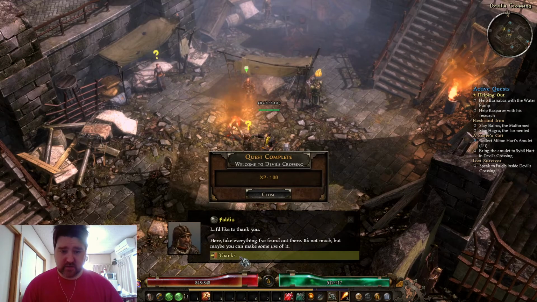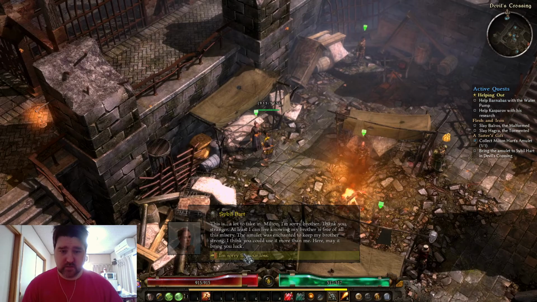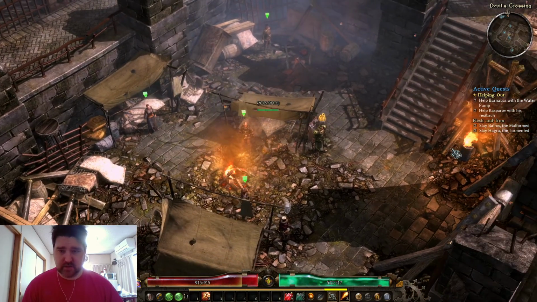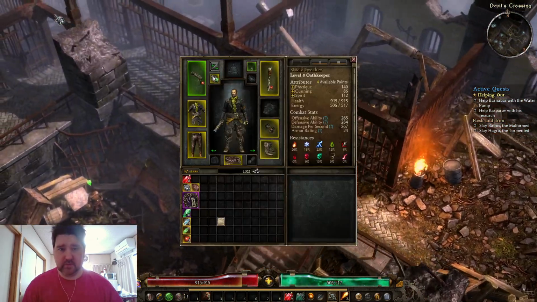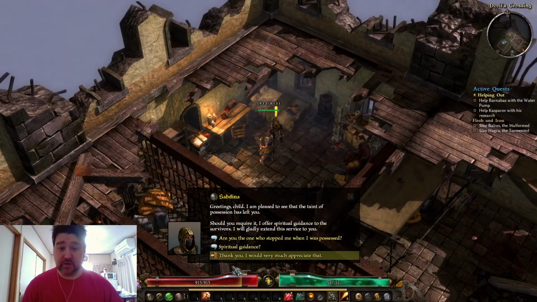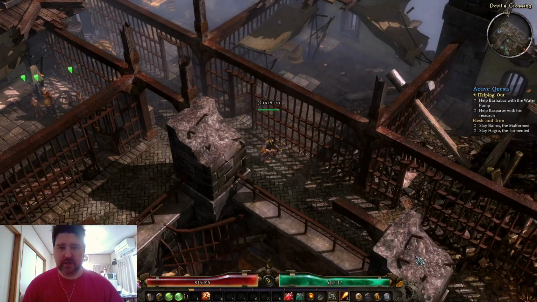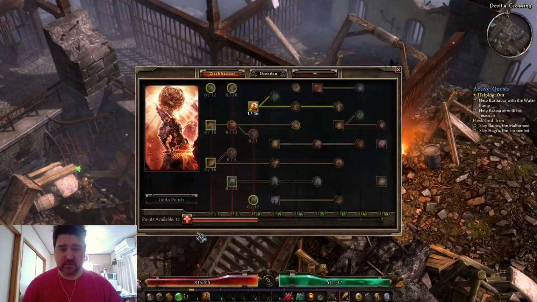This is the guy you saved. He gives you a scrap. She gives you a ring. Oh no, she gives you a necklace, I believe. And just talk to this guy. Greetings, child. Respect your character. It's very important. After you finish the base game, he's over there, so...